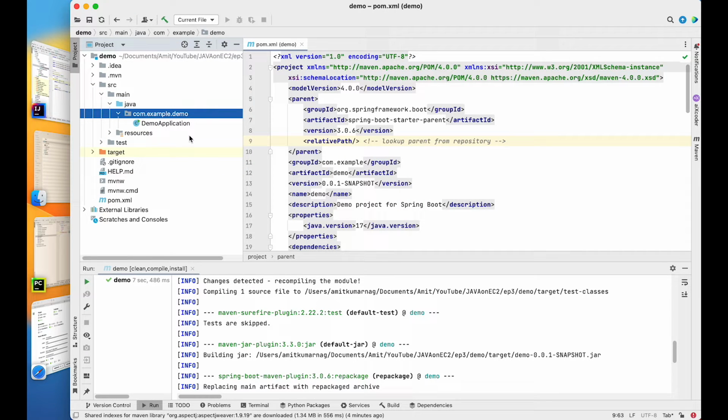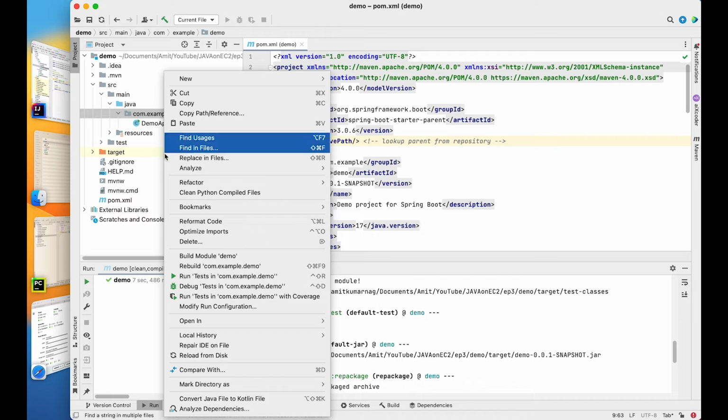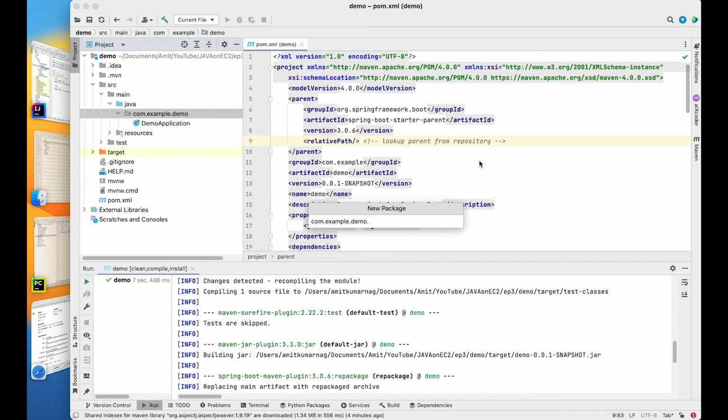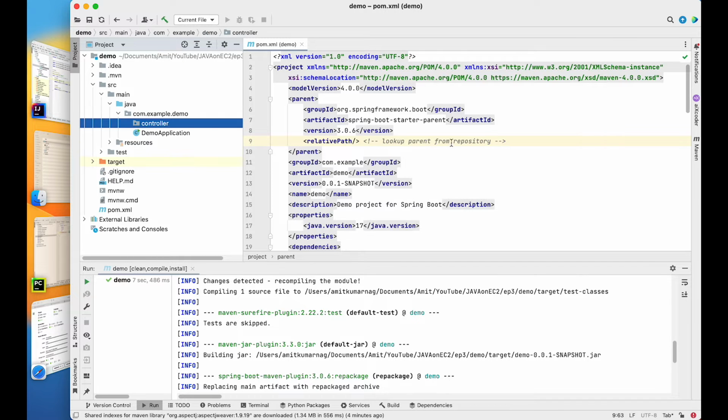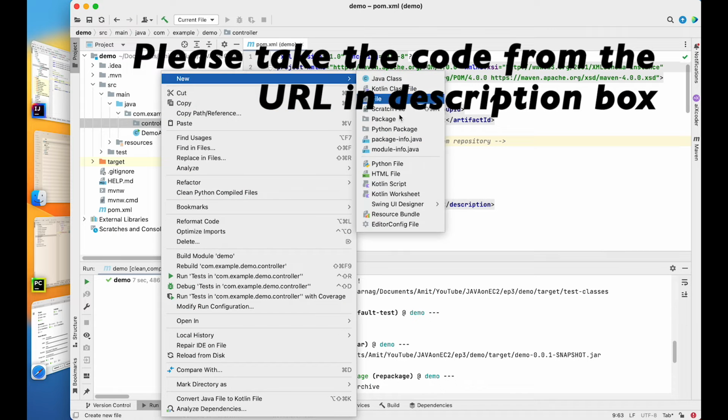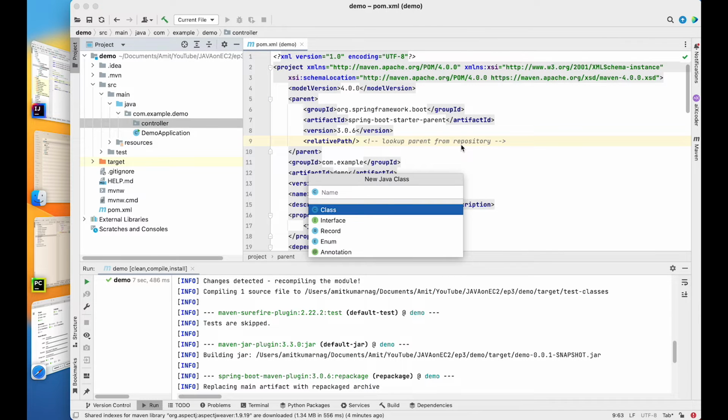So to create a controller, I need to create a package first. So I will create a package here. I will name it as my controller package, and it has created one controller package. And then I will create a Java file. So I will create a Java class, and the name should be